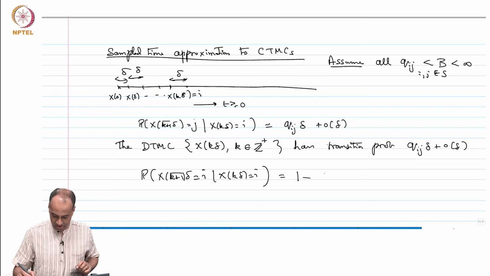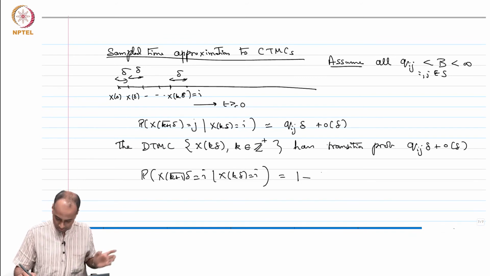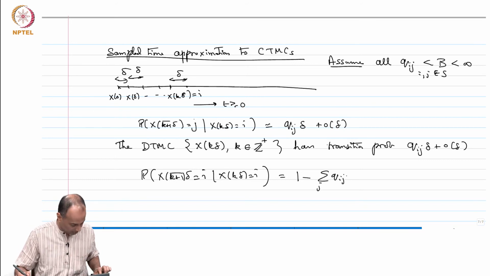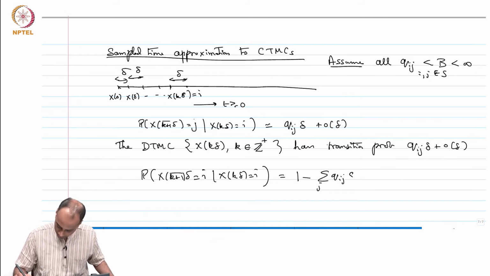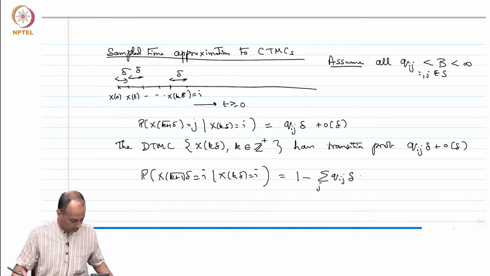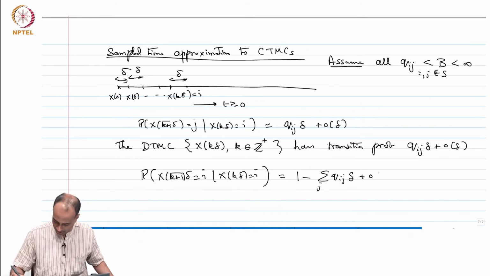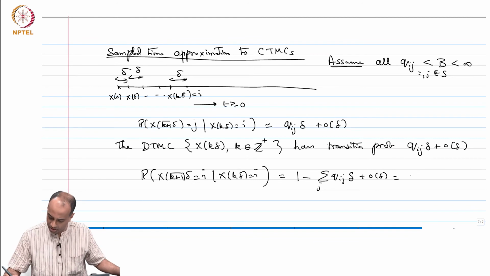You can prove this, it will be sum over j of Qij times delta plus little o(delta), which is nothing but, what is sum over Qij? It is just nu i, right. So, 1 minus nu i delta plus little o(delta),